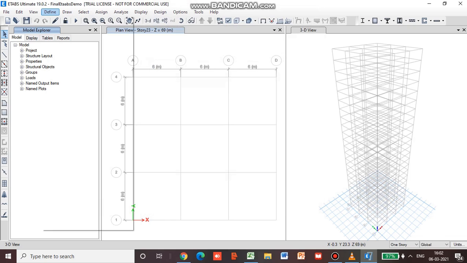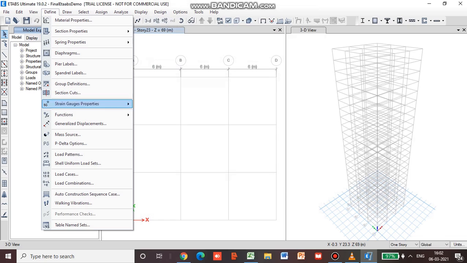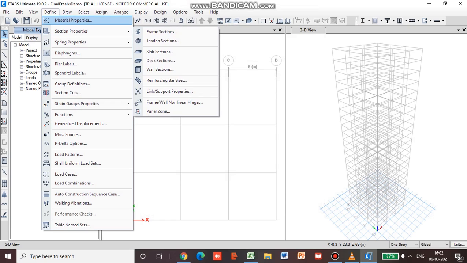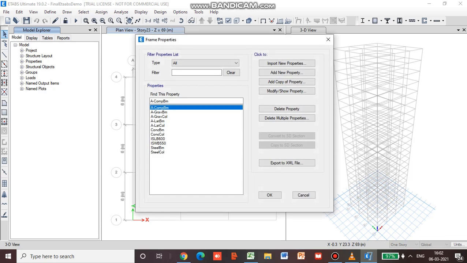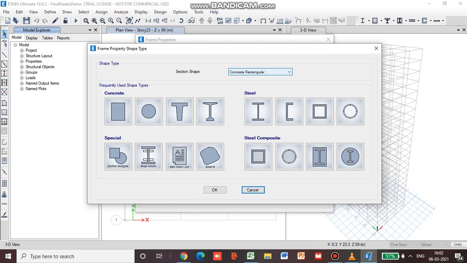Now we will go for defining the sections that we are going to use. The same, define under material properties. You will see section properties. Go for frame sections. So now we are going to add new property, and what we are going to do is make use of the auto select option.